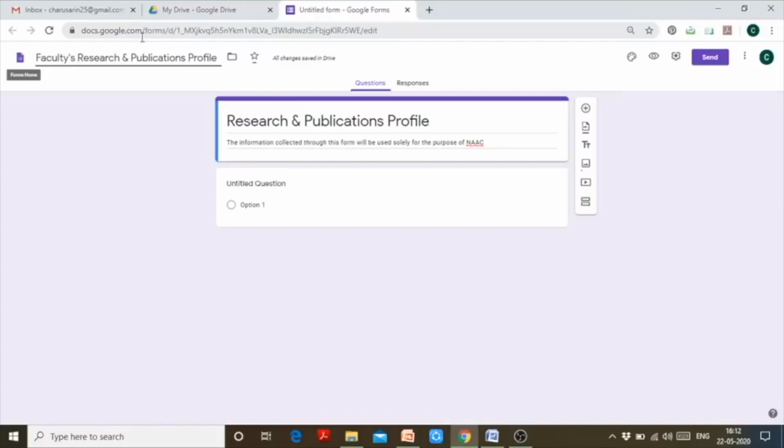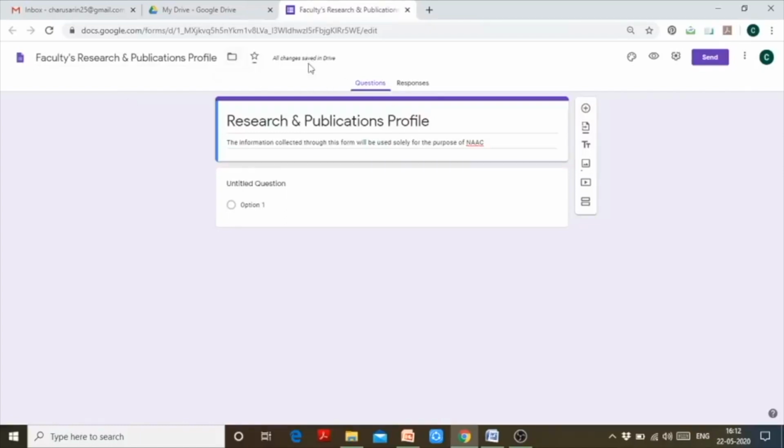Some information from faculty, some information from administrative staff, some information from students. So just to make it convenient for me to locate and to access, I have given this as a title, faculties research and publications profile.